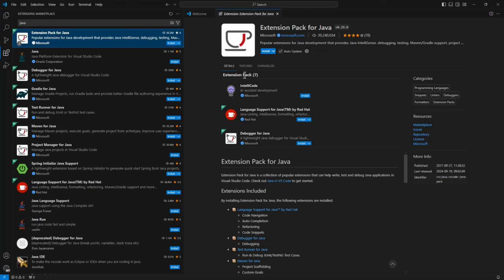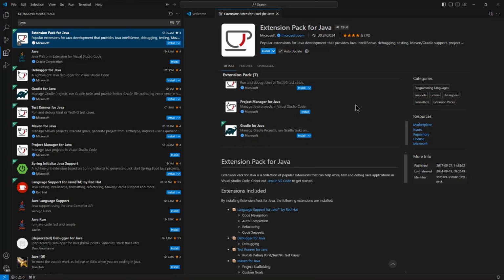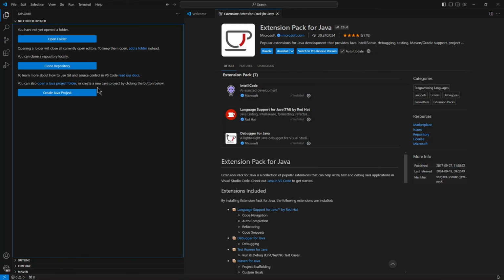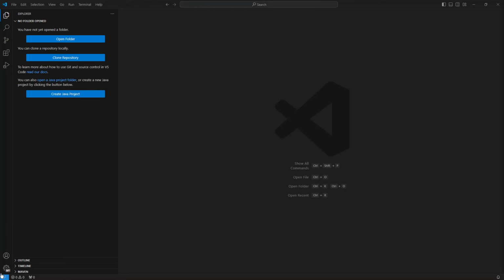The extension pack has 7 extensions, all needed to properly program Java. Install, and the extension is installed. If you go now to folders, we have a new button here, Create Java Project. The next thing we need to do is to go to Settings,